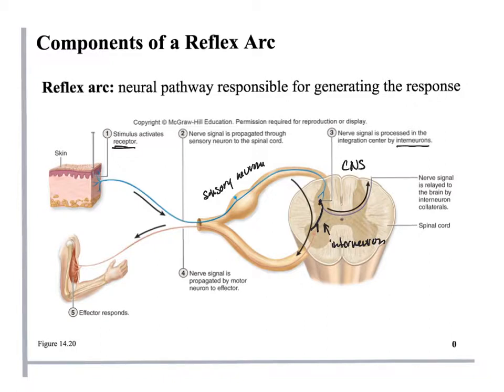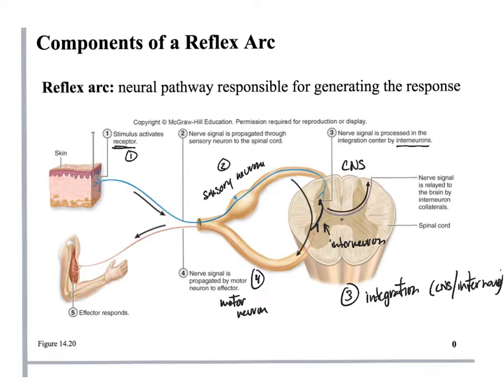So one is the receptor, two is the sensory neuron, three is the integration center, and usually that's the central nervous system or the interneuron. And then number 4 is your motor neuron,